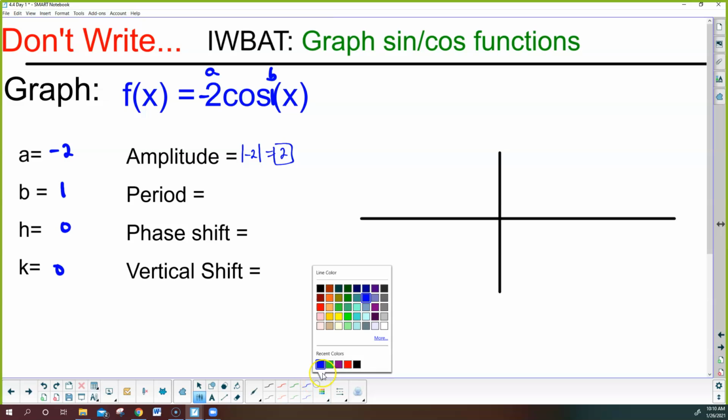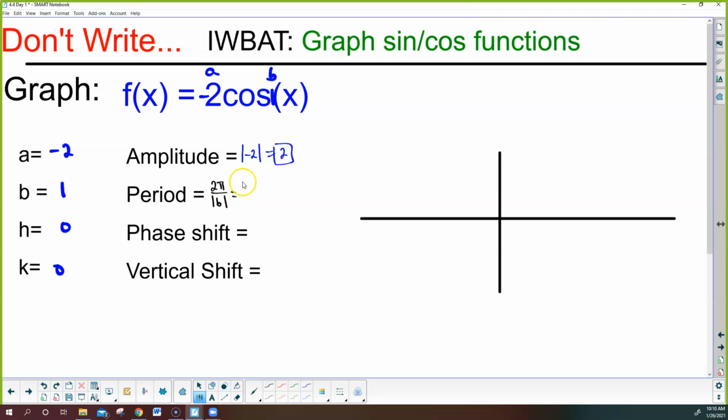Okay, what is the period? That's the one where you just have to do a little bit of work. It's 2 pi over the absolute value of b, which if b is 1, then you know that your answer is 2 pi. So what does that 2 pi tell me? 1, 2, 3, 4. It tells me that I'm going to go 4 tick marks, and I can label those as much as I want. But the 4th tick mark tells me it's going to take a full 2 pi to